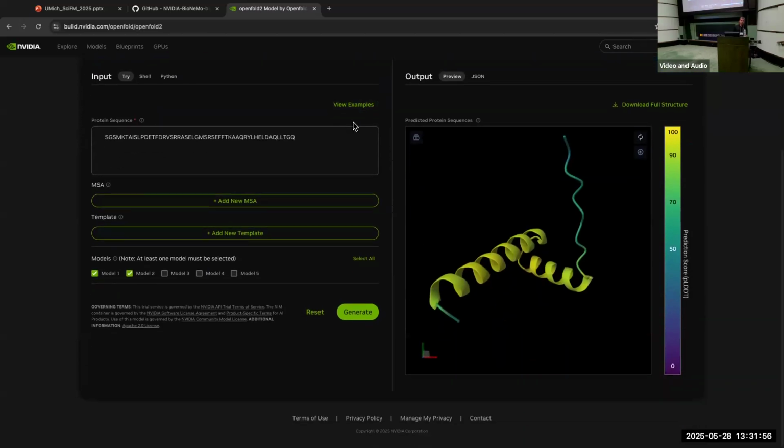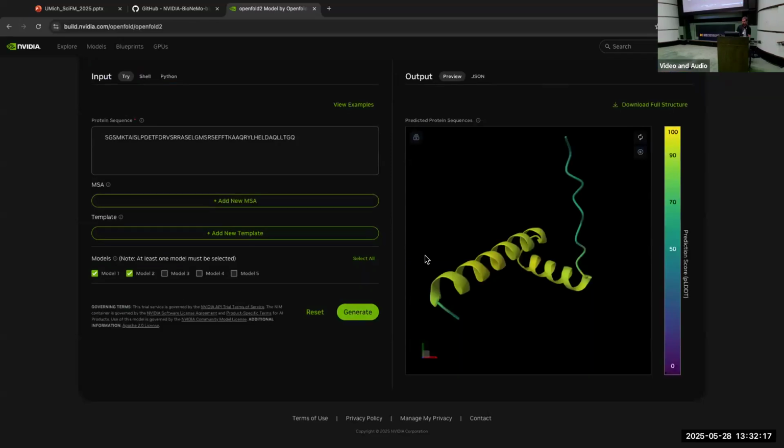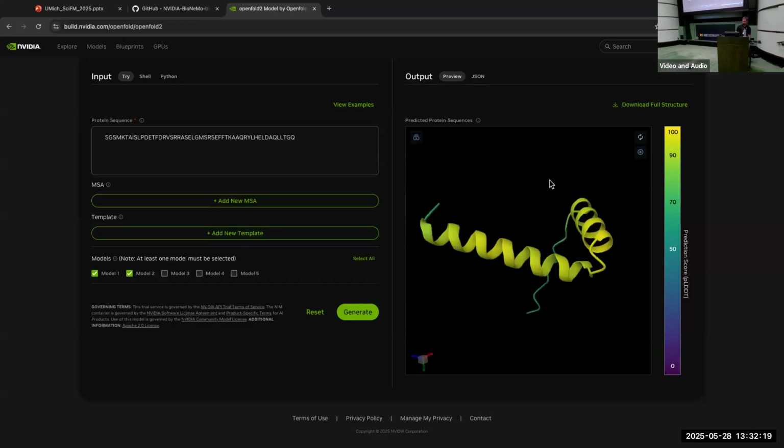This is that OpenFold NIM model that I described earlier, running on DGX Cloud, over in the cloud somewhere. I can put in some protein sequence. Very likely this one is cached. Run generate. It's sending the request off to the server, folding the protein for me, running the inference. There we go. Nice and interactive. Isn't that cool?